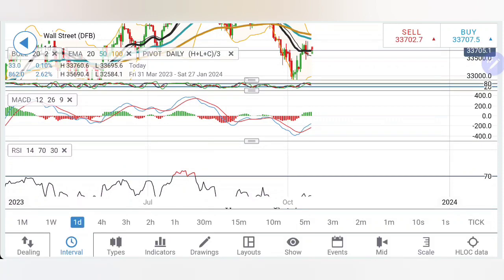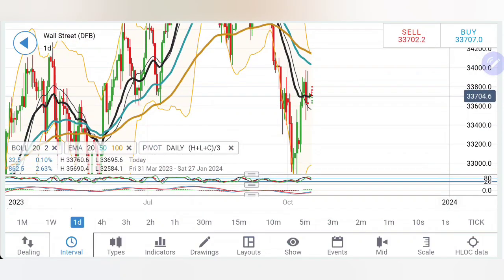RSI is flat. Looking at this, I will recommend you to buy today at 33,760 levels and sell at 33,680. Now, remember, on the downside, only and only if 33,600 is breached, you can say that the bears are taking over. Else, it can fill the gap and bounce back. And the 760, 800 zone is going to give it a greater resistance.